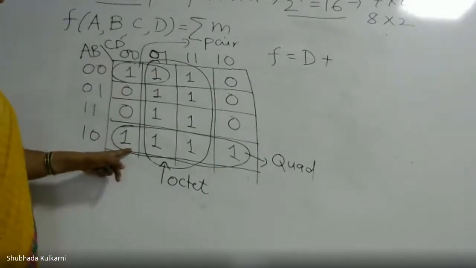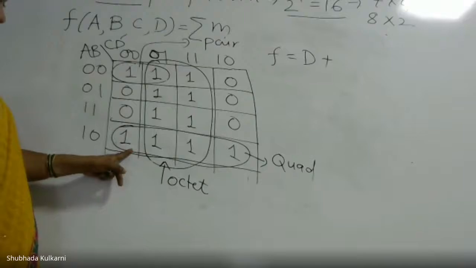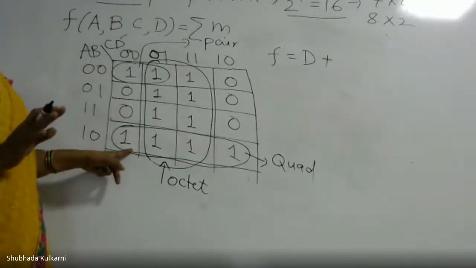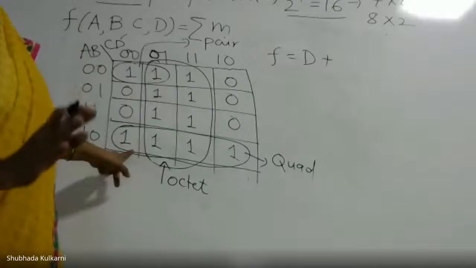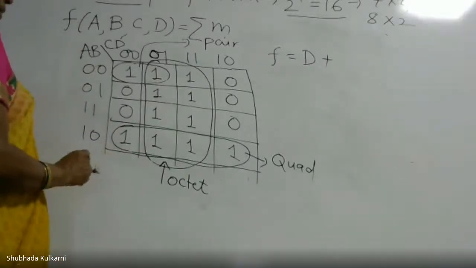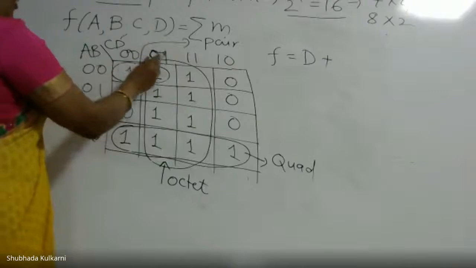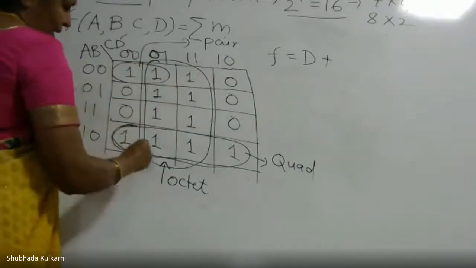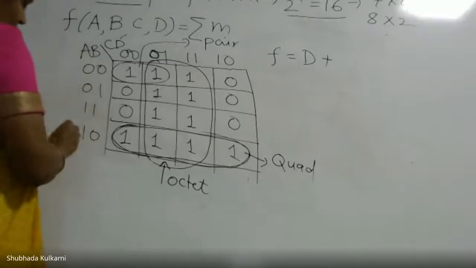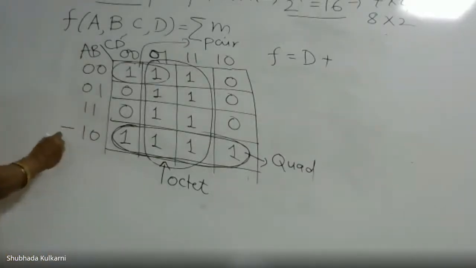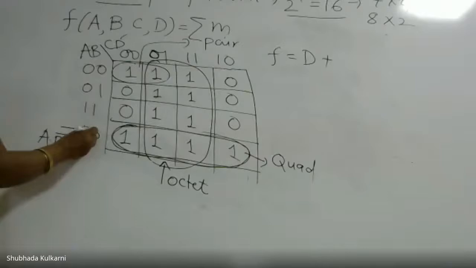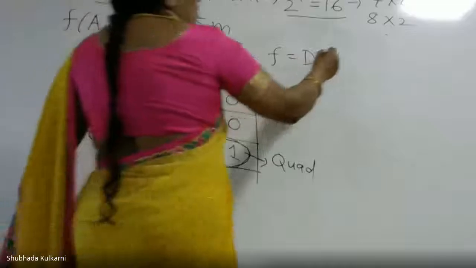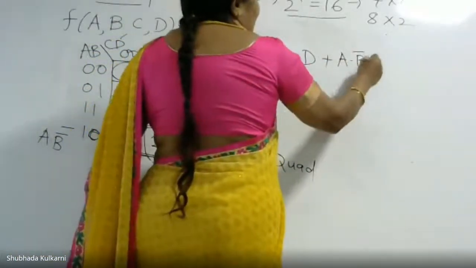Next, expression for the chord. Last row. 2 variables are eliminated for the chord. Which 2 variables? Whose value is changing. So which variables are changing? C and D. 0, 0, 0, 1, 1, 0, 1, 1. For this entire group, CD is changing. But what is constant? Look at the last row. What is the value of this? A, B bar. Why A, B bar? The reason is whichever variable is 0 should be complemented. So A dot B bar.